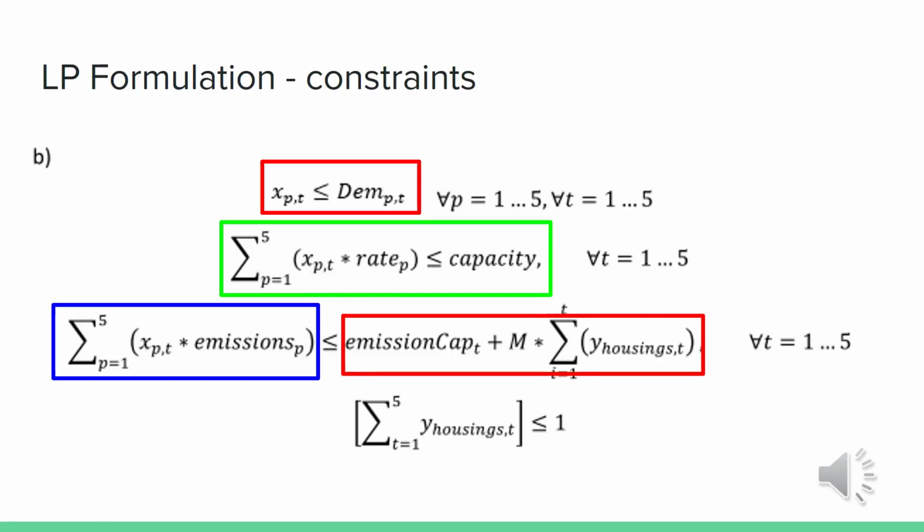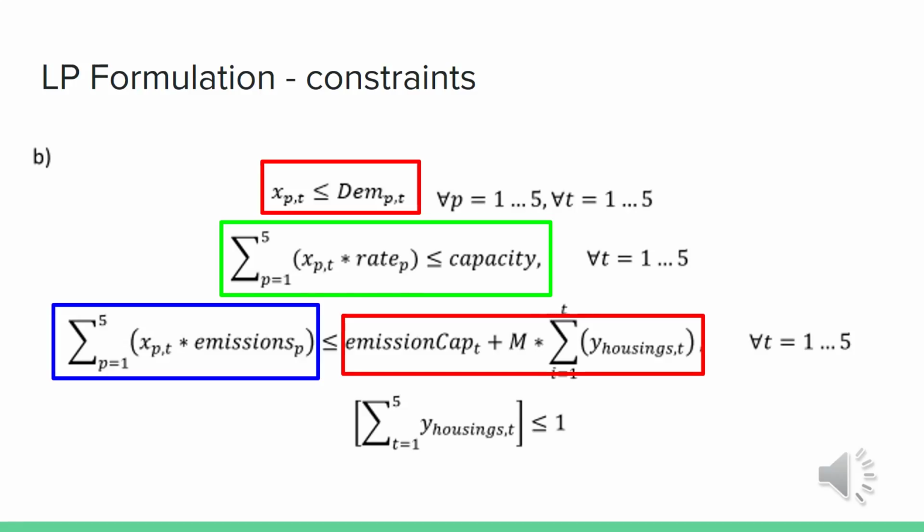If we have already installed that, we will have big M on this side as an addition, and this big M will be a large number, like a very, very large number, saying for whatever we produce, we will never be able to get as much emissions as this large M, and it simply says if we buy housing, we don't have to care about the emissions capacity problem. And the last constraint will simply say that our Y housing can only be one for once in a time, so we can only once upgrade our